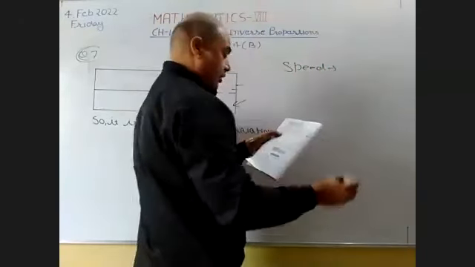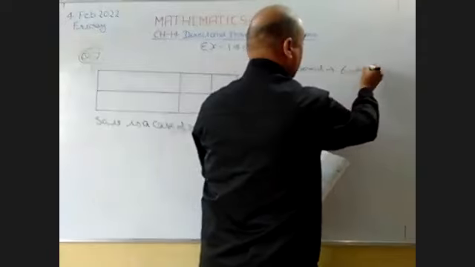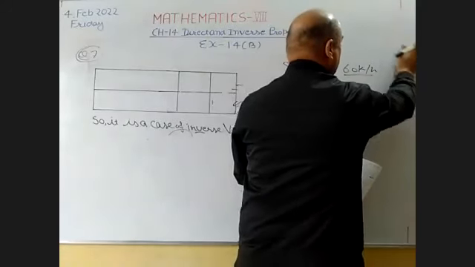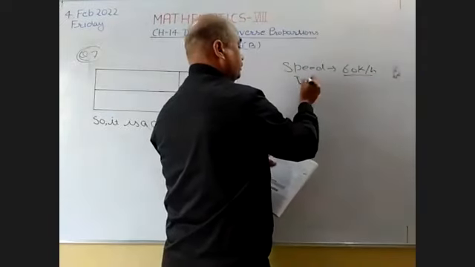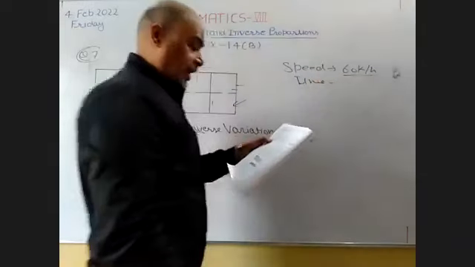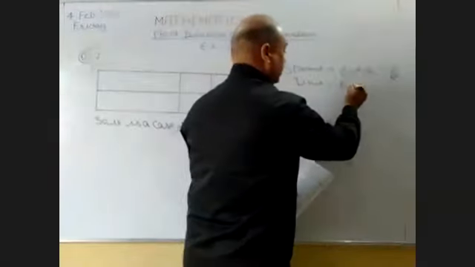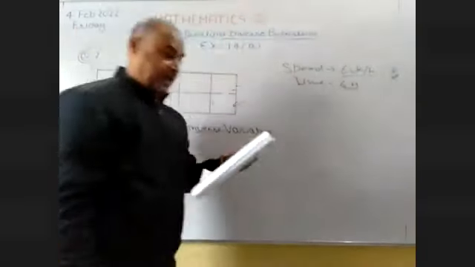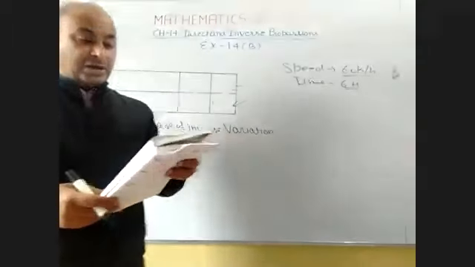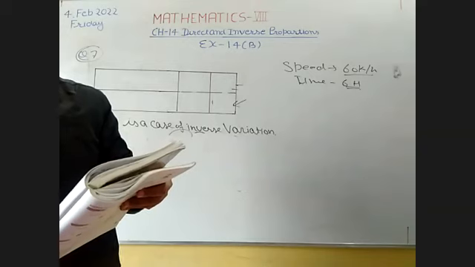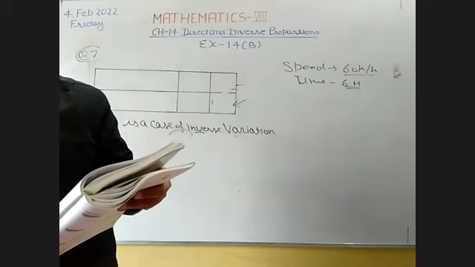The speed of the taxi is given, 60 km/h, and the time is also given. A taxi travels from Delhi to Jaipur in 6 hours, so the time given is 6 hours. Okay. Now read next. A taxi travels from Delhi to Jaipur in 6 hours, moving at an average speed of 60 km/h. By how much should its speed be increased